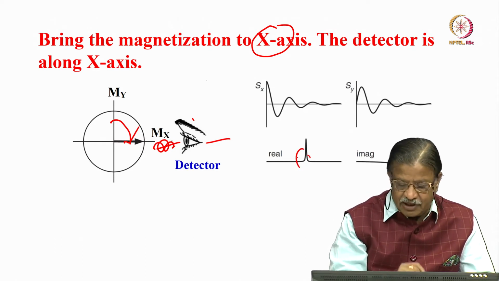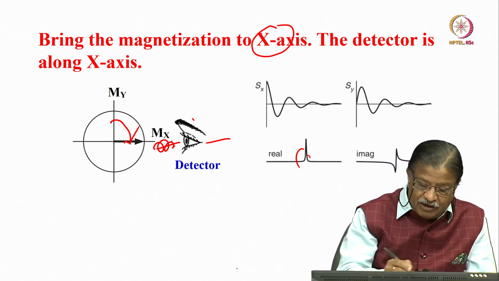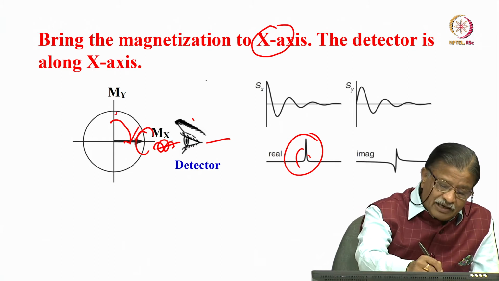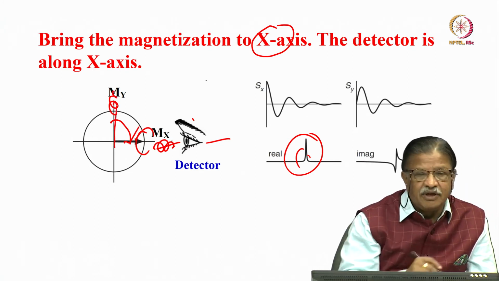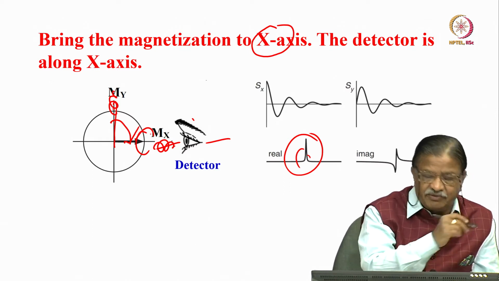This is the absorptive mode signal. Because the Fourier transformation has a real and imaginary part, the real part is absorptive, this is here. And the imaginary part has an out of phase component, there is a signal here. You have two receivers to receive. One receiver receives this, the other receiver receives this signal.